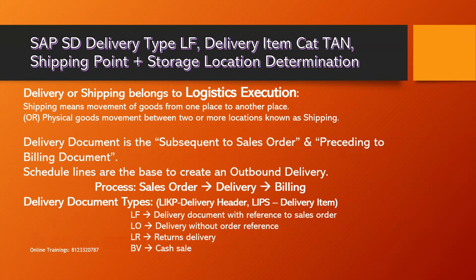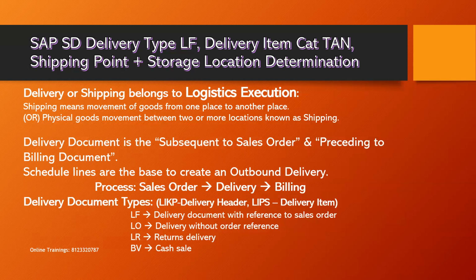For this, the schedule lines are the base to create an outbound delivery. If the schedule line quantity is 0, then we cannot create an outbound delivery. Always remember the schedule lines must be greater than 0. The process is, when we get a sales order, then we have to create the subsequent document, that is an outbound delivery. For the outbound delivery, the subsequent document is a billing document, which we need to create in the